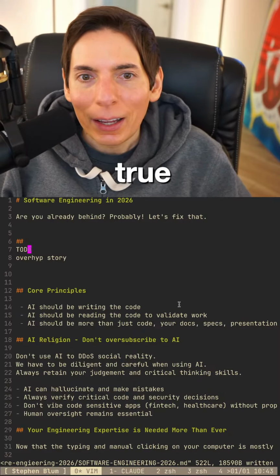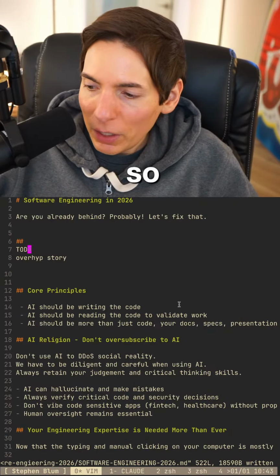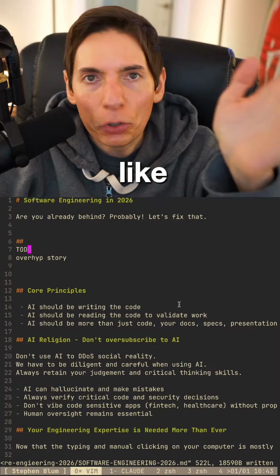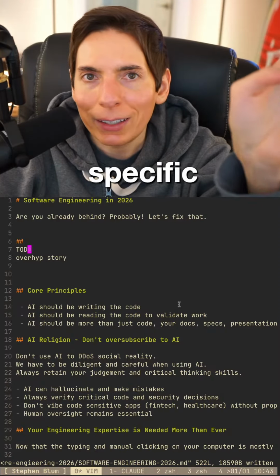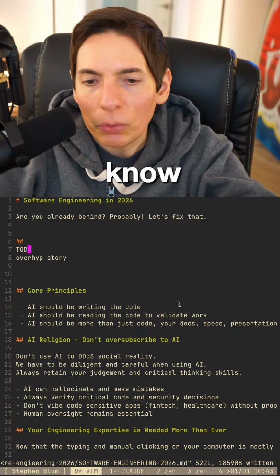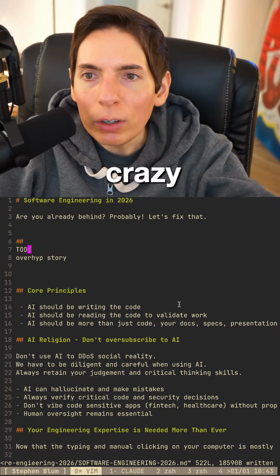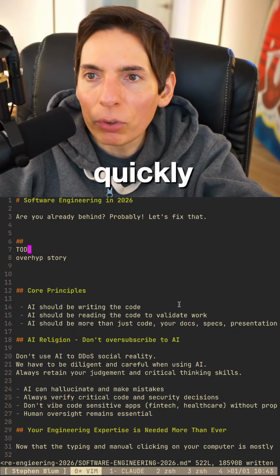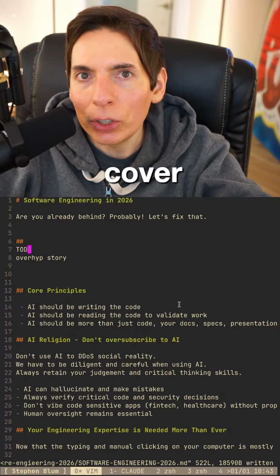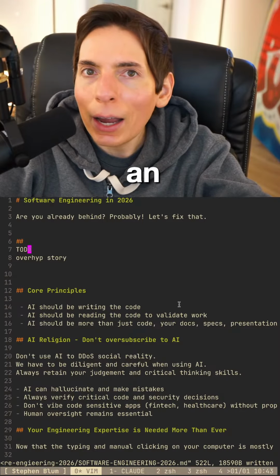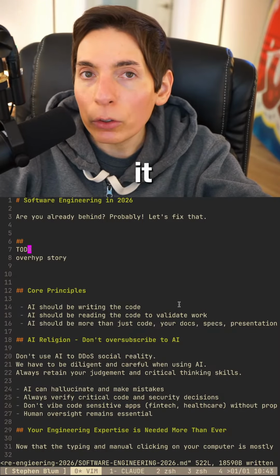That's true. It is. So if you're coding throughout your day and you have like very specific targeted tasks, and you know you're like typing like crazy, you can pretty quickly achieve a goal within maybe 10-20 minutes, and you will cover everything you need to do. If you have an AI do that part for you, it'll write the code for you very quickly.